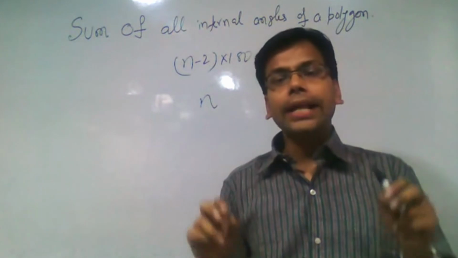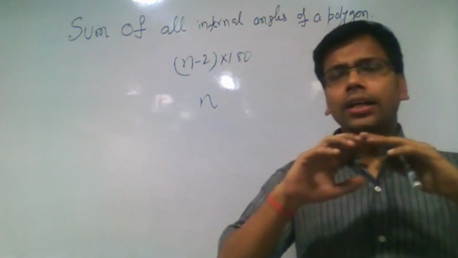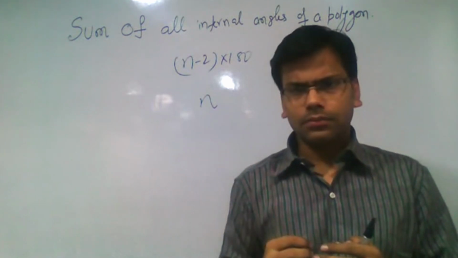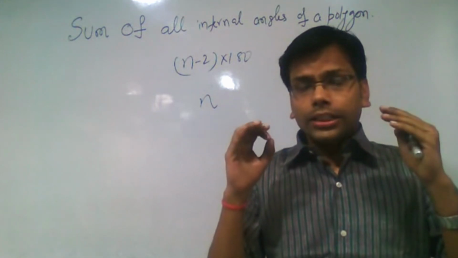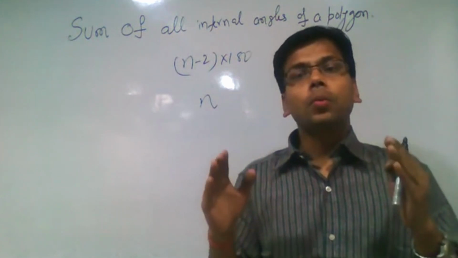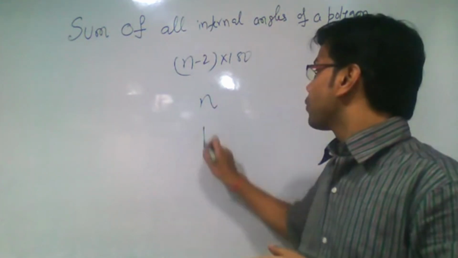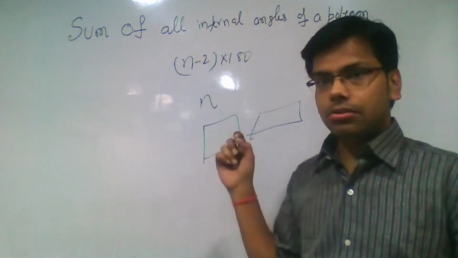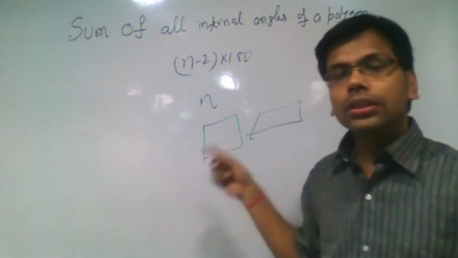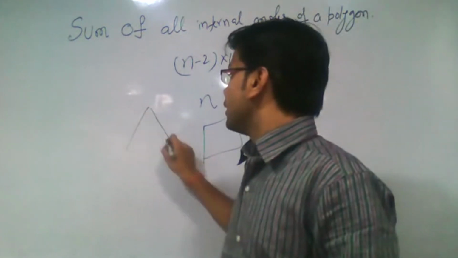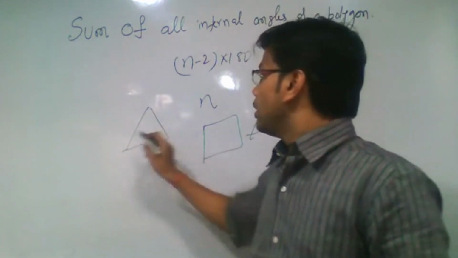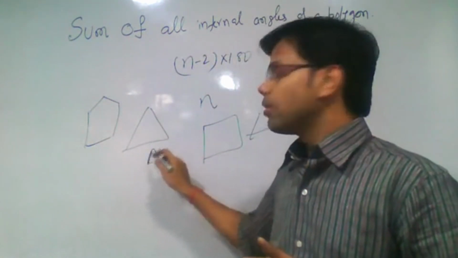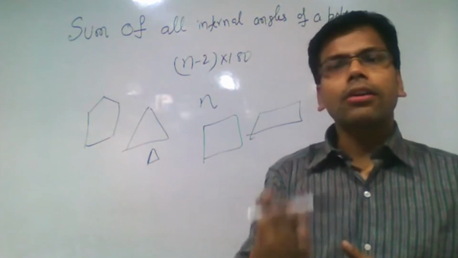If we learn the concept behind this (n minus 2) into 180 degrees, we can find the summation of internal angles of all figures, be it polygon, be it star. There is only one concept behind it: if we have a quadrilateral of any shape or size, the summation of all angles is constant, which is 360 degrees. Be it a triangle or a pentagon, any shape or size, the triangle being smaller or bigger, isosceles or equilateral, right angle or anything, the summation is